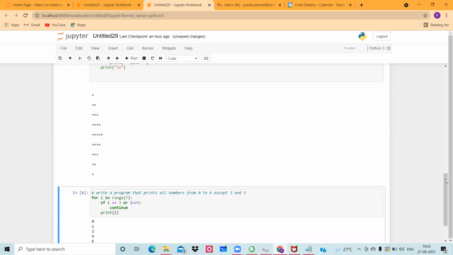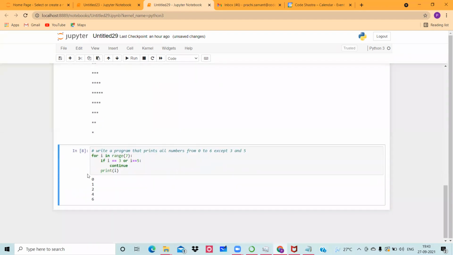And that's why whenever we run the statement, we'll find that it's printing 0, 1, 2, 4 and 6. So it is skipping 3 and 5. That's basically how you can wisely use continue in situations where you want to break the flow of the loop, but after breaking, you don't want to come out of the loop. In fact, after breaking, you want to skip. You just want to skip that situation, or that certain iteration. So that's basically what we mean by continue. I just hope this part is clear.